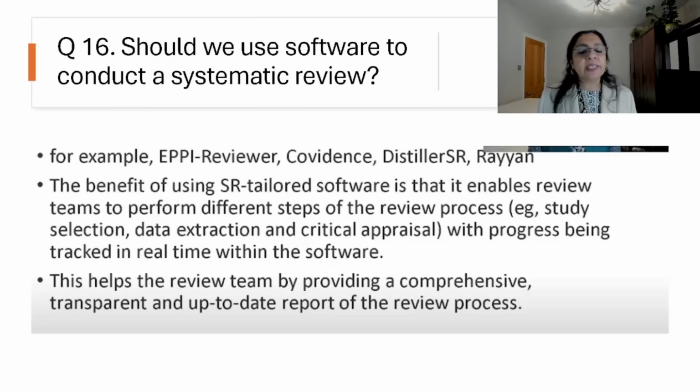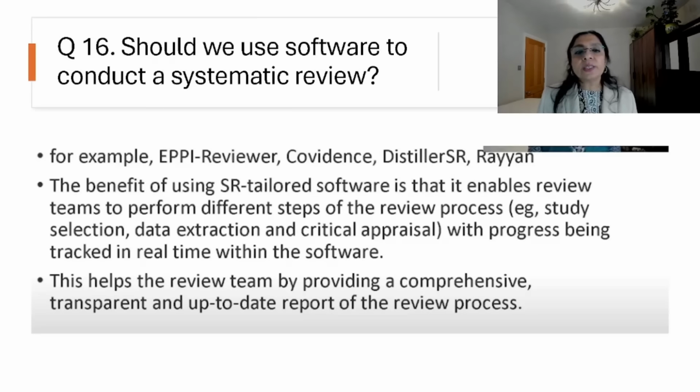For example, we have EPPI-Reviewer, Covidence, DistillerSR, Rayyan, and many others. The benefit of systematic review tailored software is that it enables review teams to perform different steps of the review process, like study selection, data extraction, and critical appraisal, with progress tracked in real time within the software.